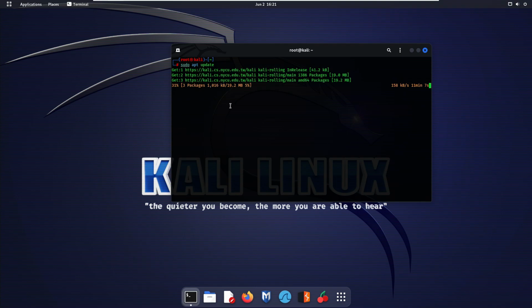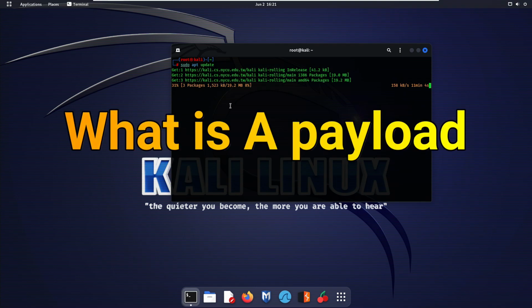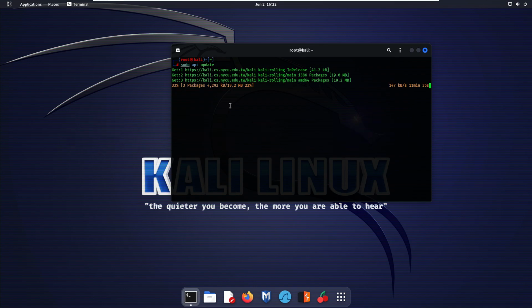Now we have to make a payload, but before that, firstly let's discuss what is a payload. It is such a malware which enters in some other system and generates a request from there, because of which the firewall can't stop it. If we try to access some system directly from our attacking system, then the firewall will stop that packet and it will not let it access the victim's device. But if we generate a payload and somehow we make that payload reach the victim's system, and then as soon as the victim runs that application, or does any such activity which will run that payload,